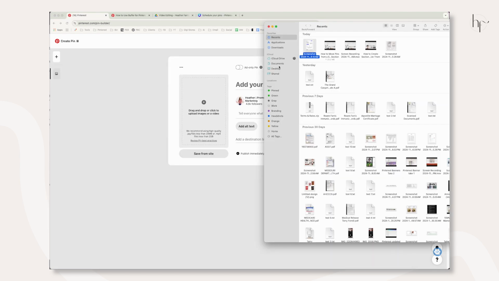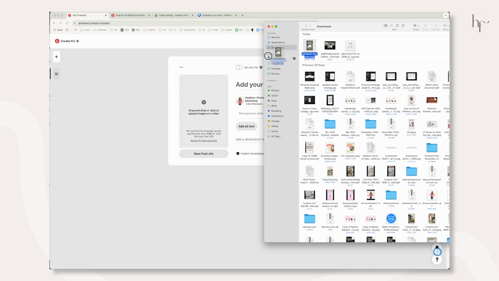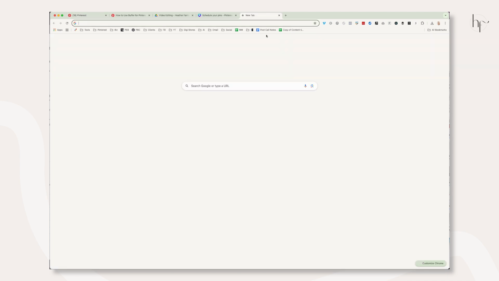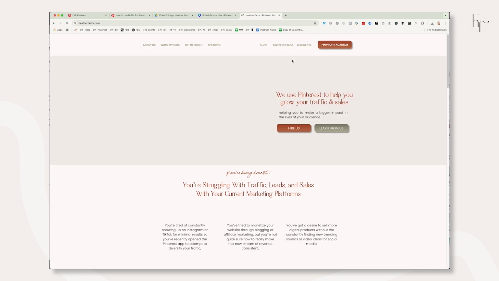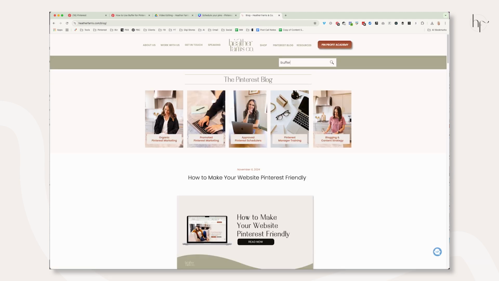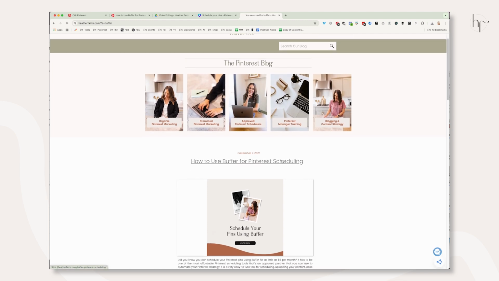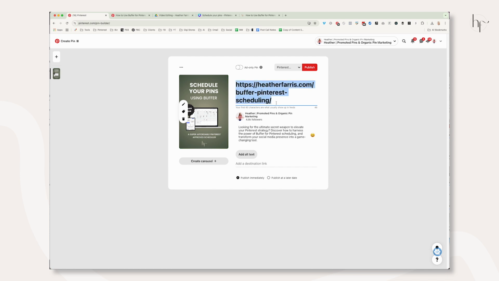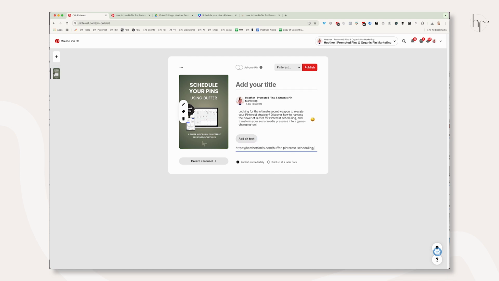Pinterest pin to a section. You can only do this on the native Pinterest scheduler. You want to come in and get your URL in there. We're going to pop over to my website just really quick and grab the URL and the title. I was not prepared to do this, but I decided to do it at the last minute as part of this tutorial. So throw in your URL and a destination link, and then